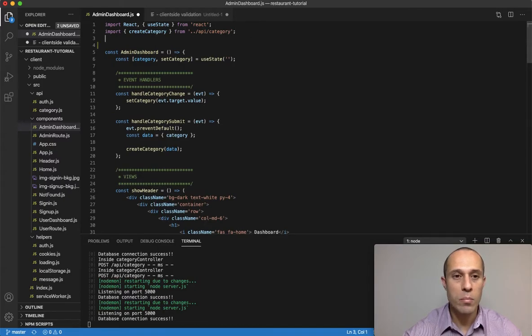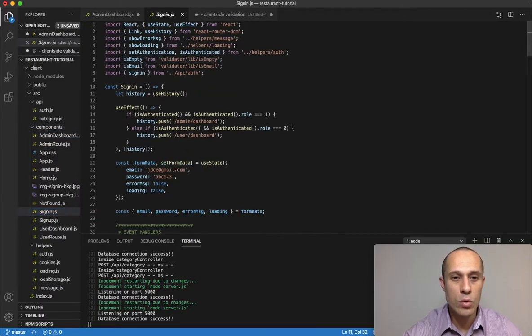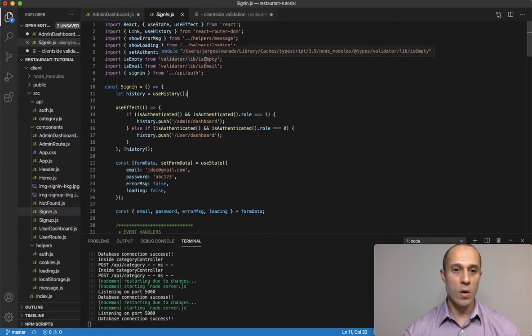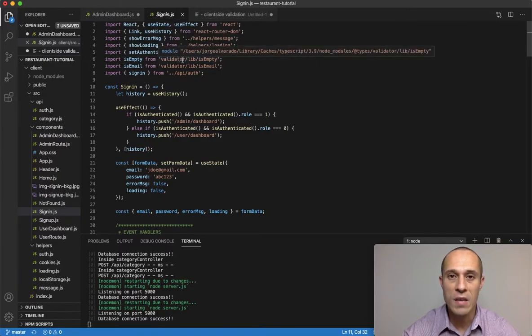Okay, so we're going to have to import the validator. Let's see. If I open up one of the old components that we did in the past, let's go with the sign in, and the package that we used was this validator. We installed it and we brought these in. So all I'm going to do, because we're going to be validating the category, is, that's pretty much the only input currently that we want to validate. So the only thing I could see that I want to validate it for is